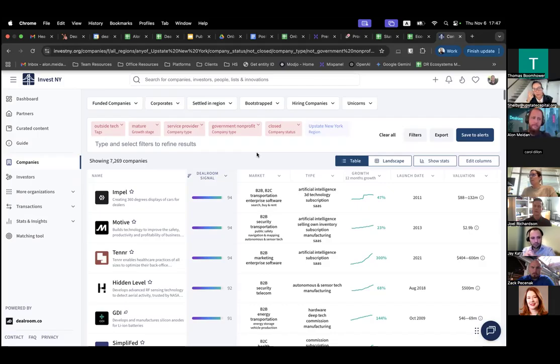Alan, for incubators, accelerators, organizations, innovation hotspots around the state that do have a large portfolio, how would you recommend working with Upstate Capital as well as Deal Room to ensure that profiles are claimed by founders and that data, can they do it in mass upload? How does that work?